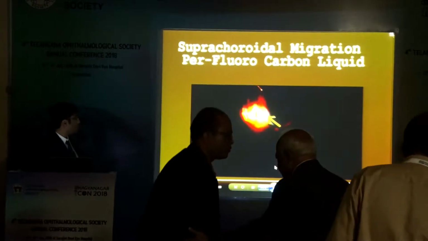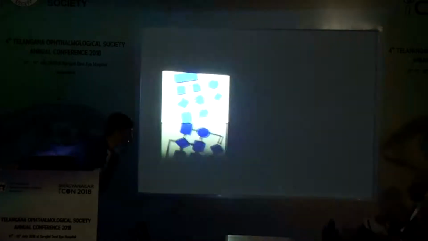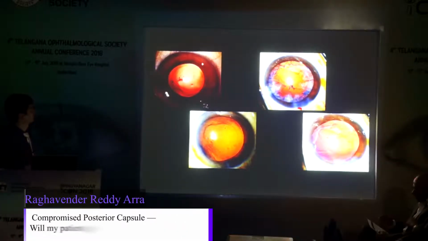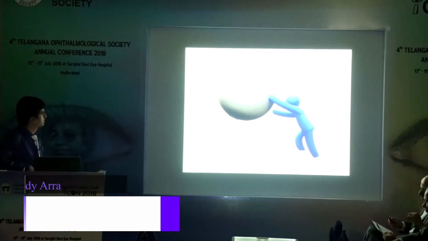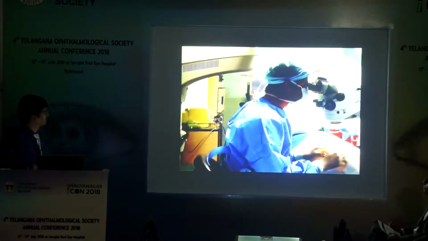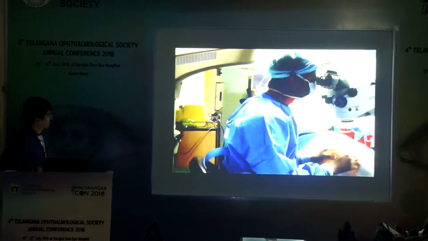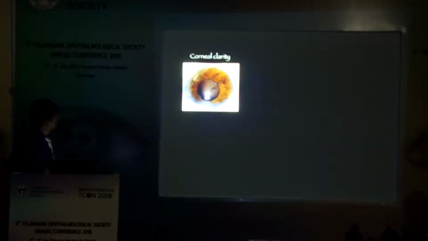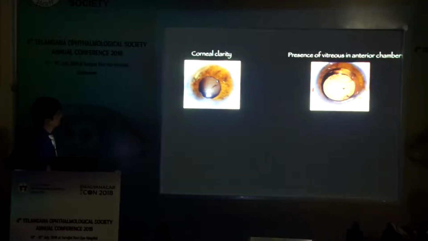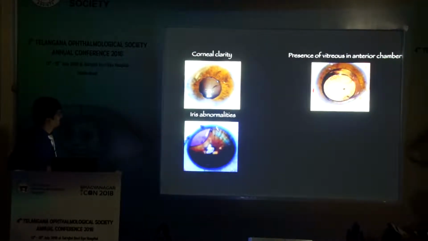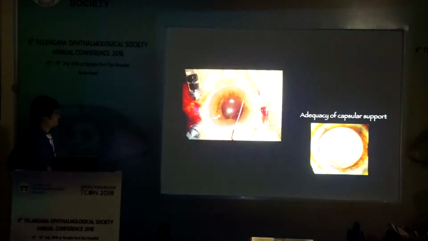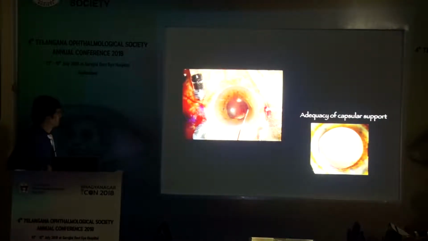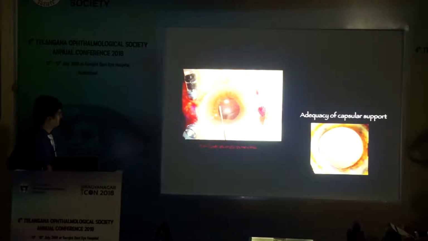This video demonstrates suprachoroidal migration. In cases of compromised posterior capsule, a safe in-the-bag procedure is often challenging. A careful intraoperative assessment must be carried out with attention to the corneal clarity, presence of vitreous in the anterior chamber, iris abnormalities, and adequacy of capsular support, which can be determined by gentle retraction of the iris at multiple locations under